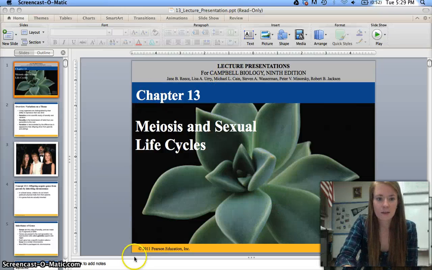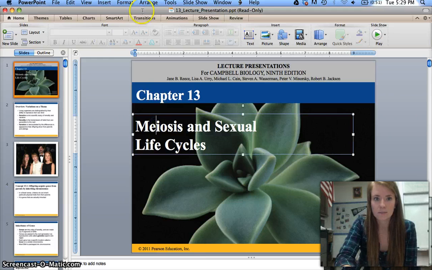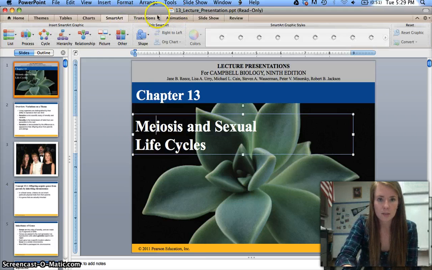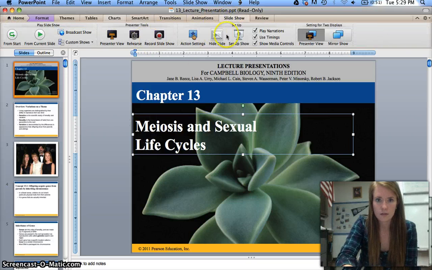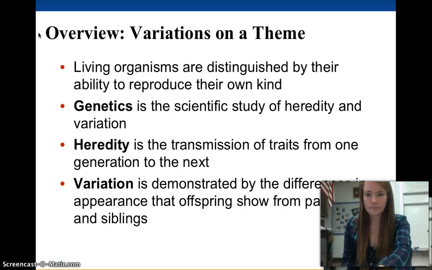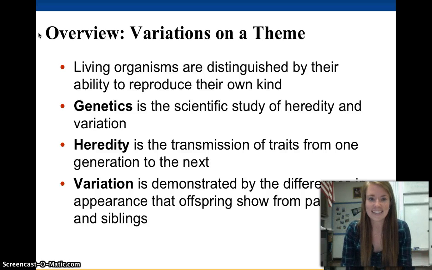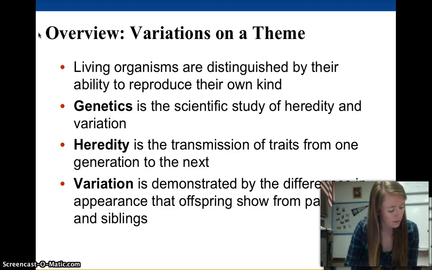Okay, so now that we know all about mitosis, the next step is to learn about meiosis. So, chapter 13 is about meiosis and reproduction, the sexual life cycle of a cell. A couple of words that you should know what they mean: there's a really good sentence in your textbook that says, most people who send out birth announcements mention the